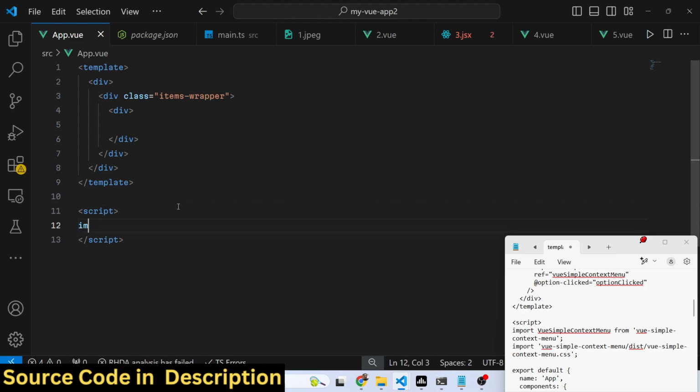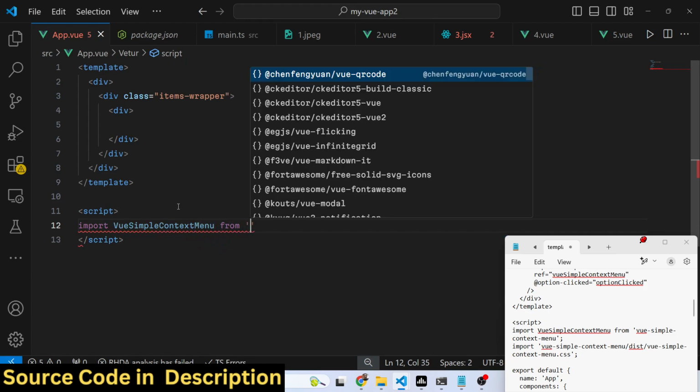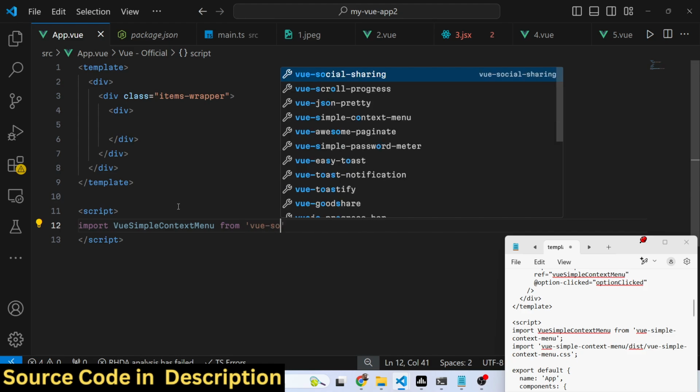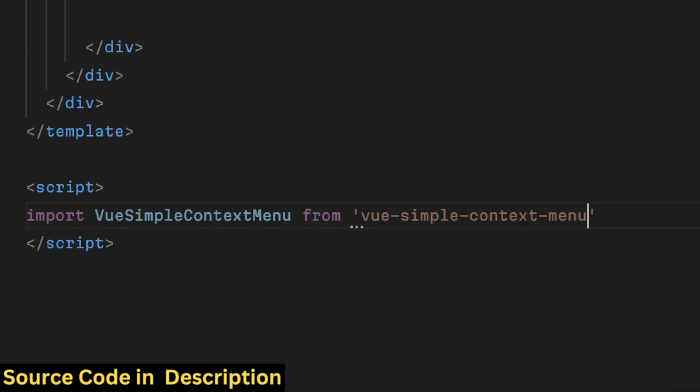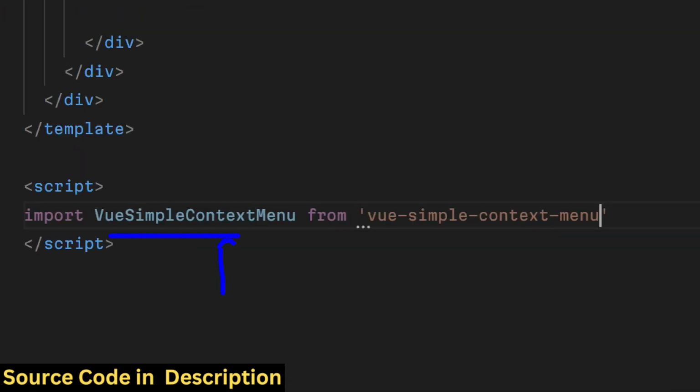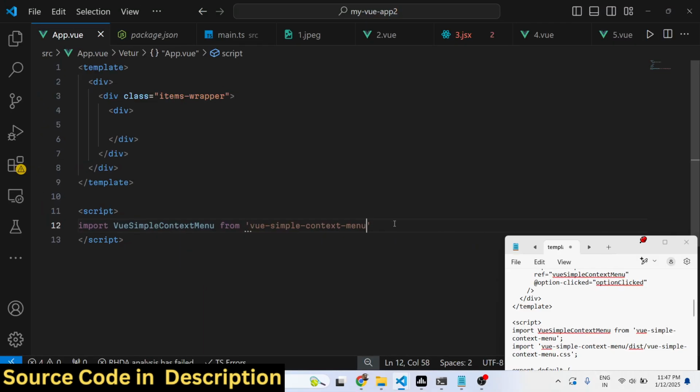We will first of all import the module. We'll simply say vue-simple-context-menu, and this will be coming from this package, vue-simple-context-menu. In this way you need to first of all import this package by using the import statement,